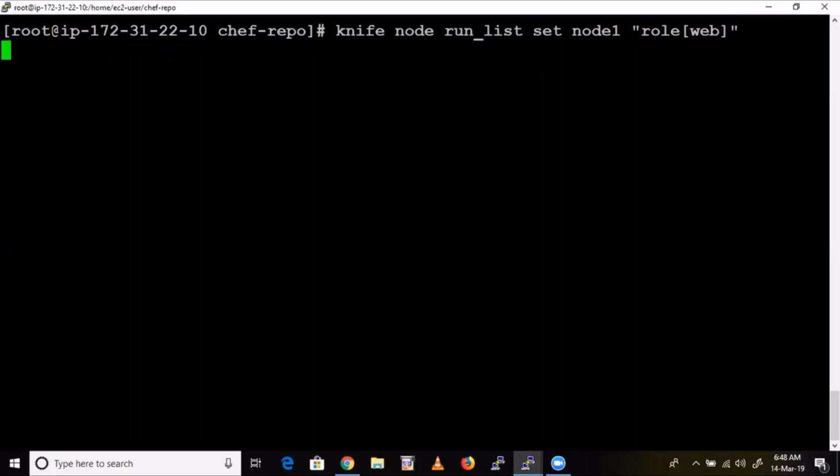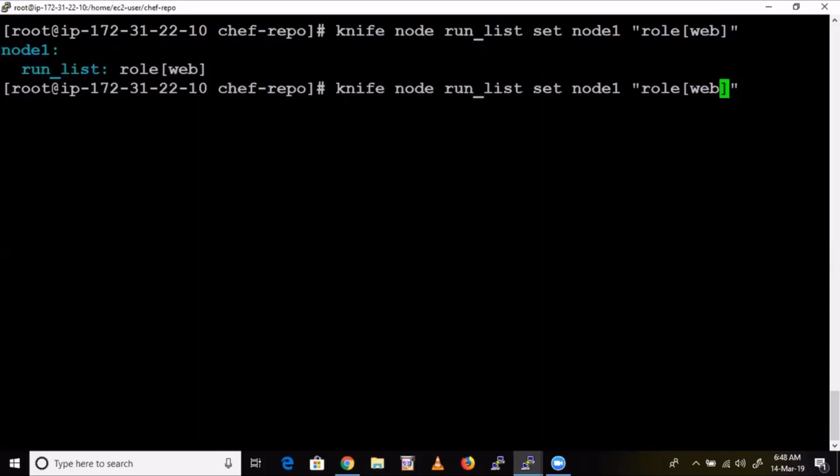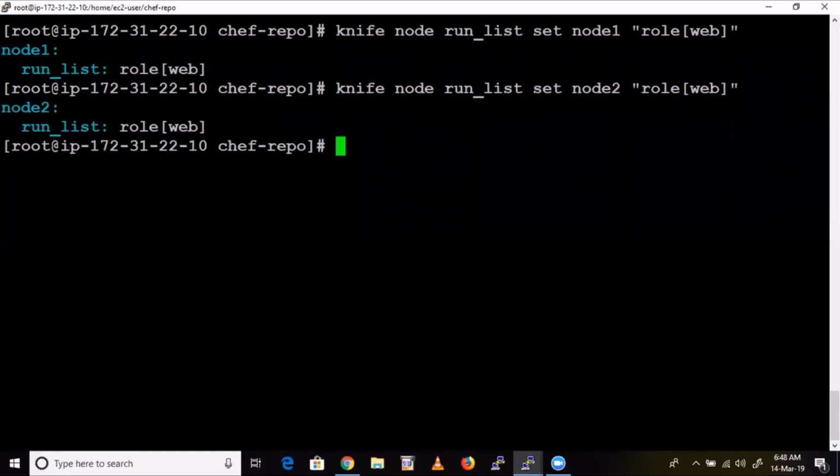Enter. Now attach the same thing to node 2 as well. That's it. Fine. We have attached this role to the nodes. Okay. Now see guys, now what we are going to do.